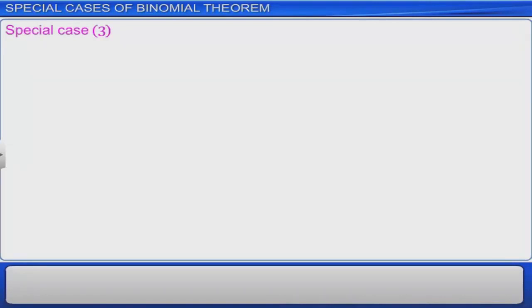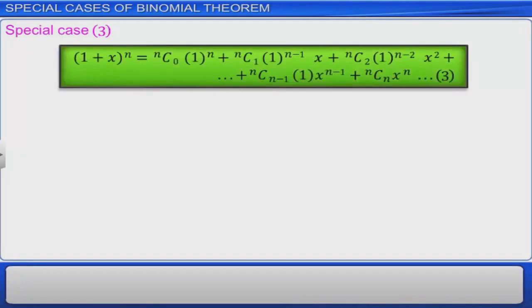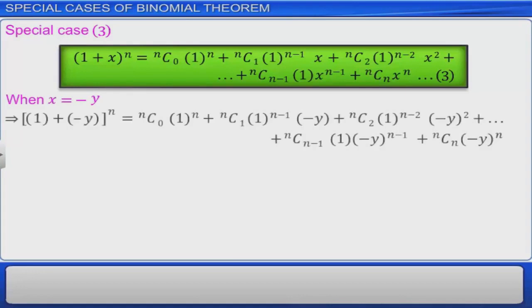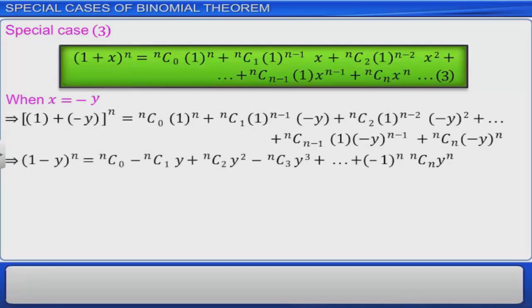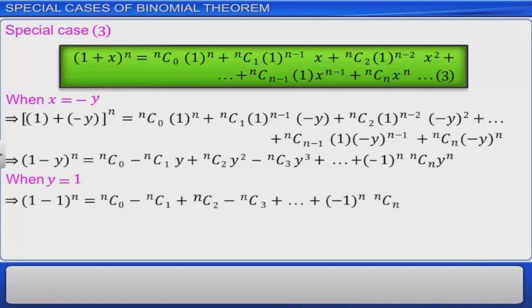Let us understand one more case of binomial expansion. Recall the expansion of (1 plus x) whole raised to the power of n. Denote this by equation 3. When x is equal to minus y, equation 3 can be written as shown. The simplified form of the expansion is shown here. Now, when y is equal to 1, we get (1 minus 1) whole raised to the power n is equal to